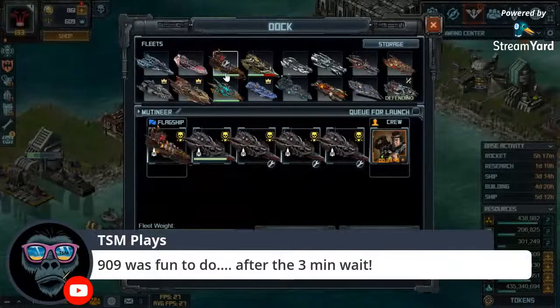GSM says the 909 was fun to do after a 3-minute wait. So, yeah. The part you don't realize about the 909, or I didn't realize about the 909, was that the Juggernaut Xs, you don't need to kill the battle cruisers before killing those things. Yeah, because they only auto heal the